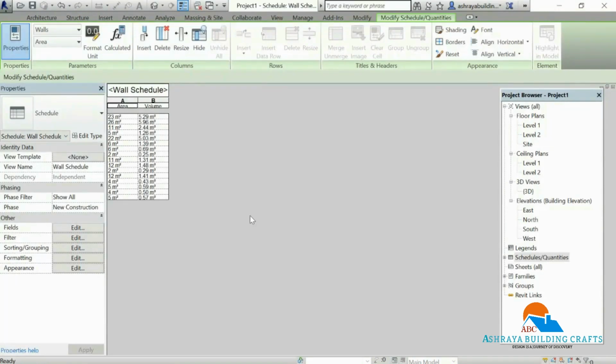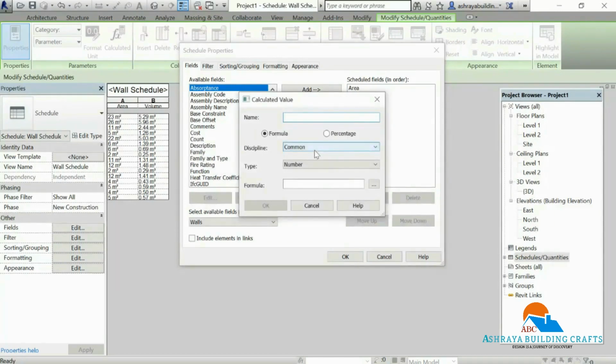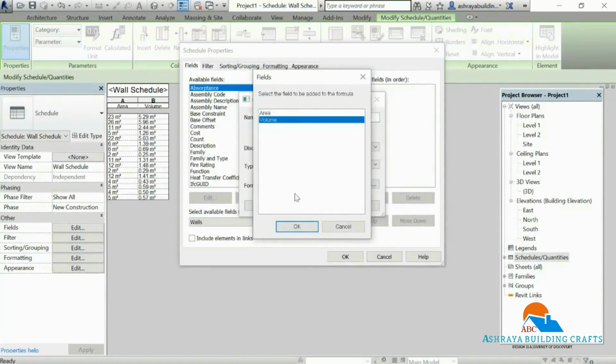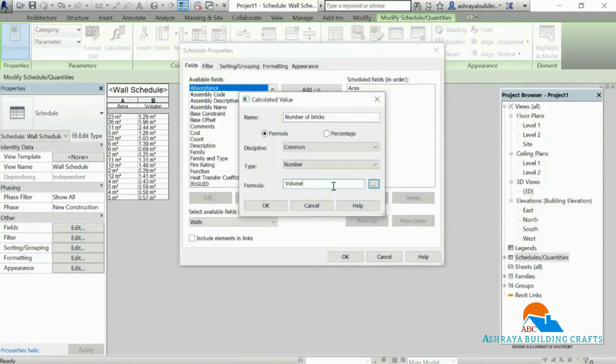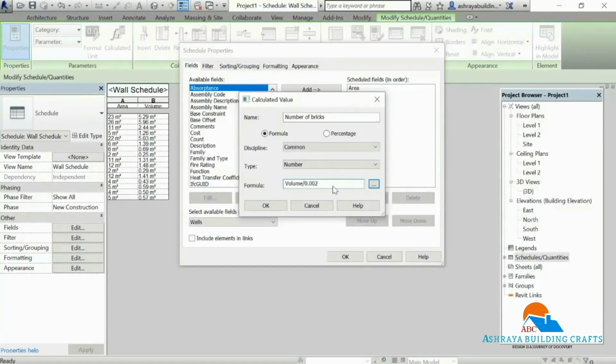To create number of bricks required, click on edit, click on calculated value, number of bricks, the formula is volume divided by the value meter cube.